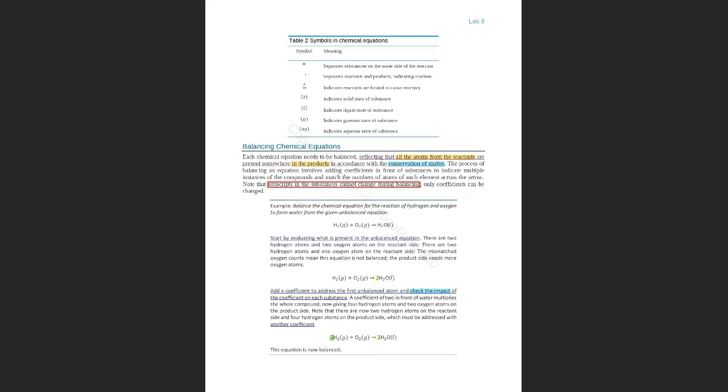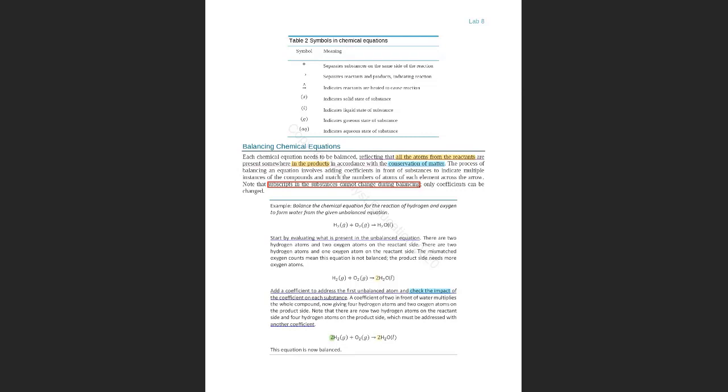That means that the number and types of reactant atoms must be equal to the number and types of product atoms. So balance means equal numbers of atoms for each element in the reaction on the reactant and on